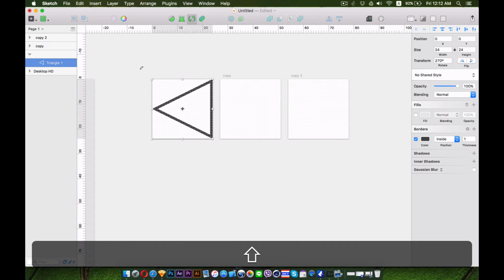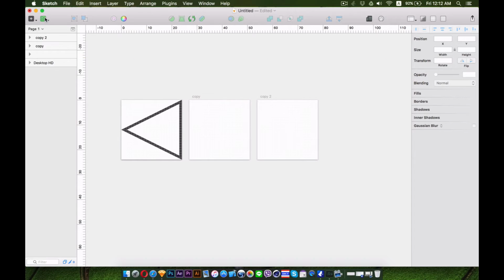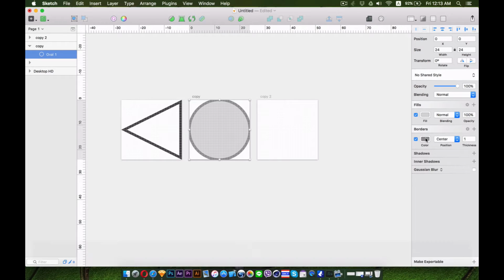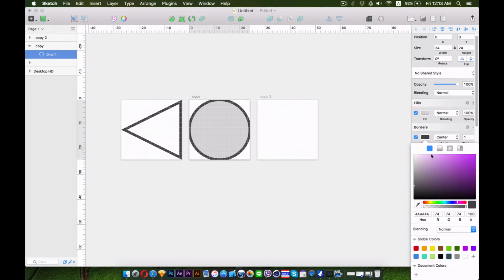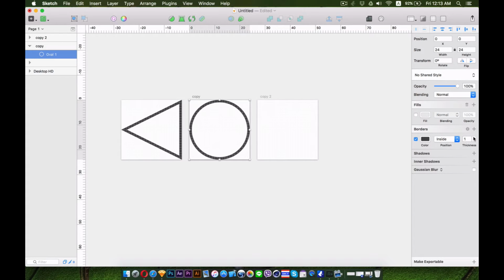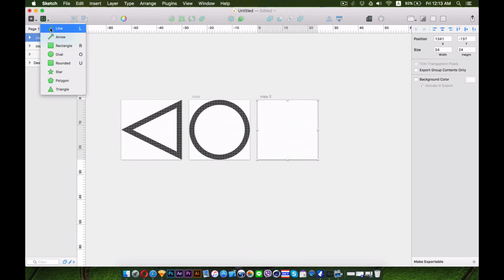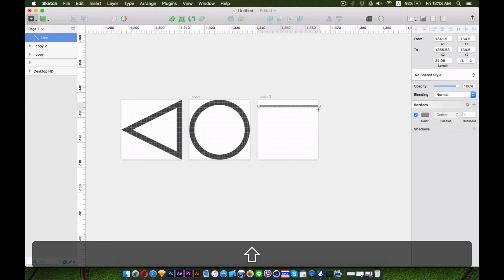like so. And then we're going to make a randomized button by simply drawing a circle. We choose the same color, no fill, and I think we're going to make it 2 points thick for both of them. And now we're going to make a hamburger style menu by drawing lines